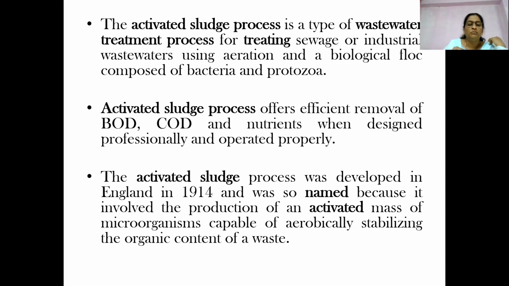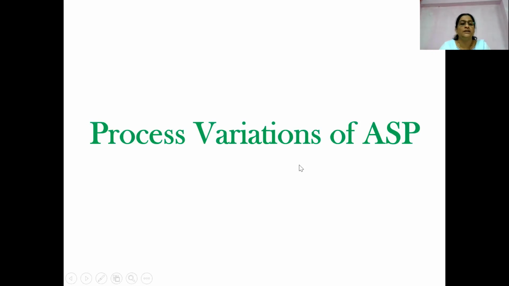Why are we calling this process an activated sludge process? Because we are recirculating the active mass of microorganisms before the aeration, and this recirculation of active mass will help improve the rate of degradation. That's why it is called the activated sludge process. Because we are returning the active mass of microorganisms, it is called the activated sludge process. I hope you are understanding and noting the important points.